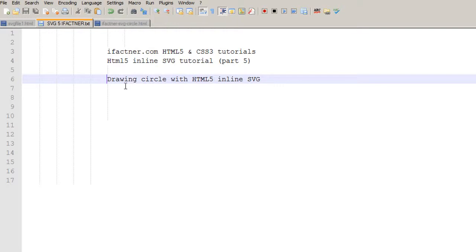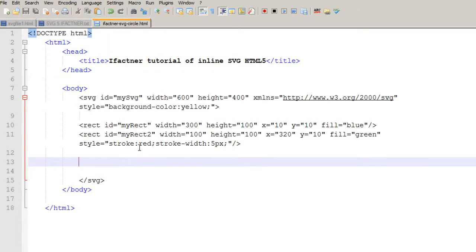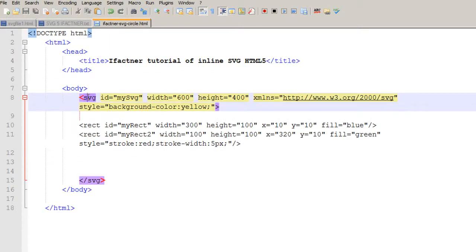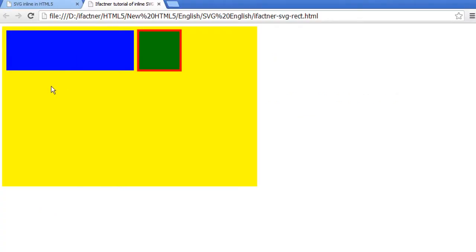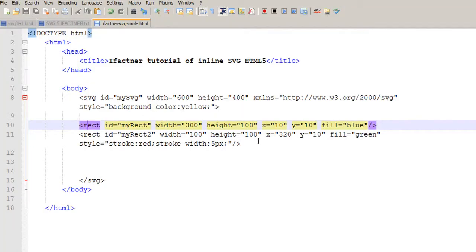And in this tutorial, we will draw a circle with HTML5 inline SVG code. Up till now, we have created a file and we have introduced an SVG tag, and we have drawn a rectangle and a square with the RECT tag. And now we will draw a circle and change its properties using the inline SVG